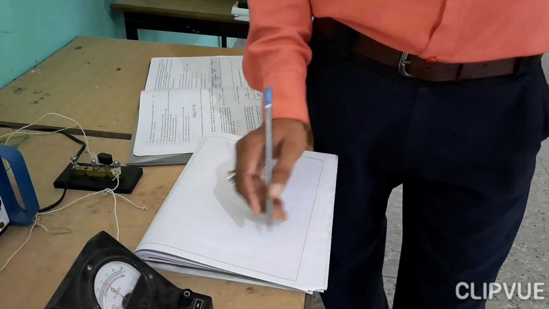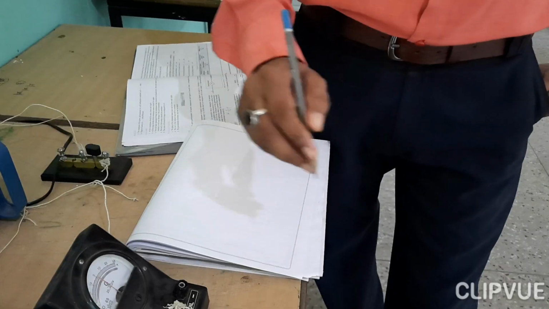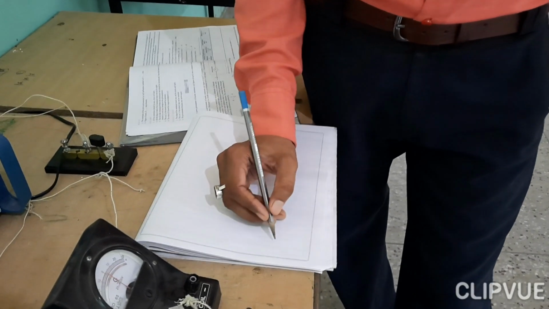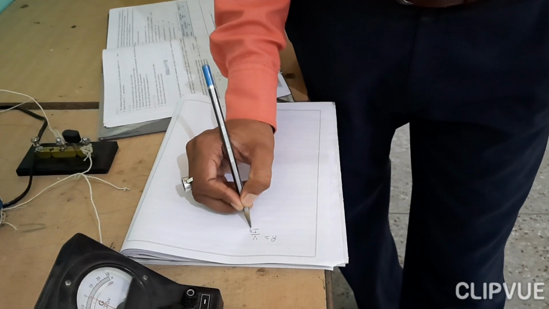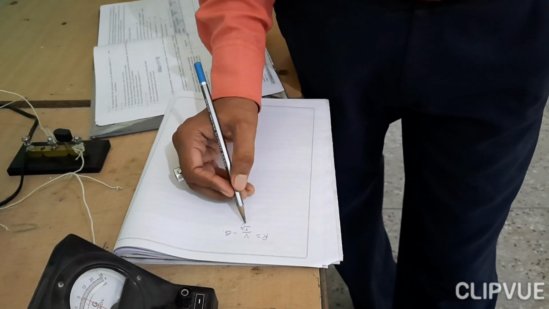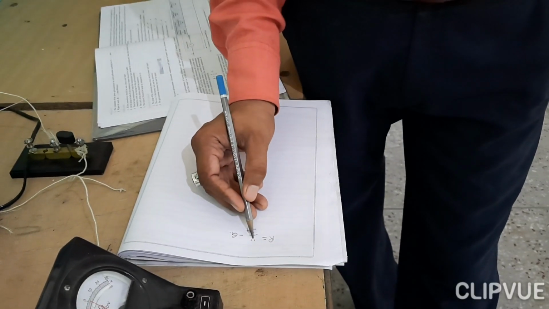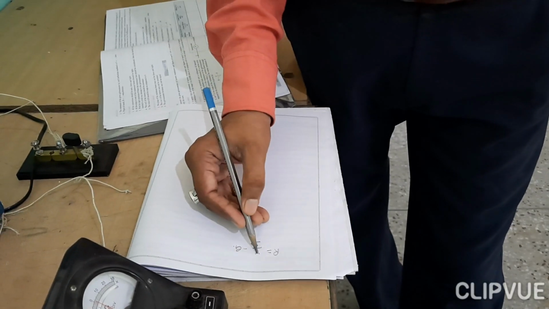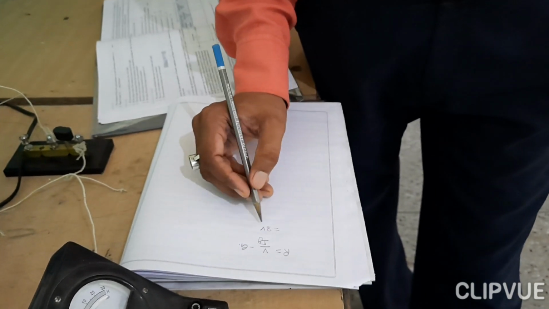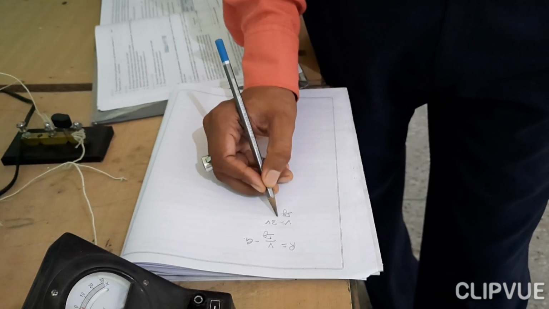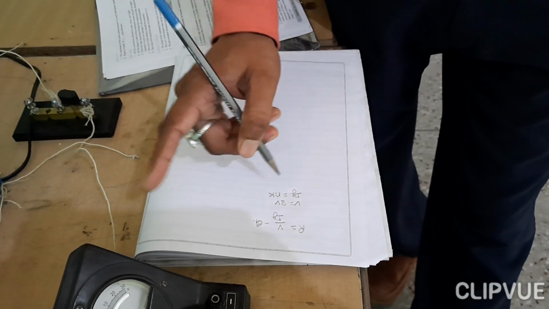To convert a given galvanometer into a voltmeter, we have to calculate the value of resistance which is connected in series with the galvanometer. To find that value, R is equal to V by Ig minus G, where Ig is the current in the galvanometer, G is the resistance of the galvanometer and V is the desired voltage. The range of the voltmeter I had chosen is 3 volt, and Ig can be calculated as Ig is equal to N into K. Here N is the number of divisions in the galvanometer.